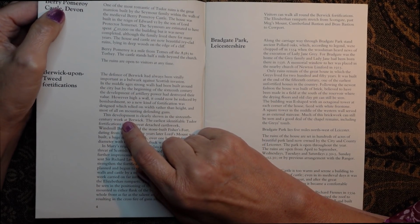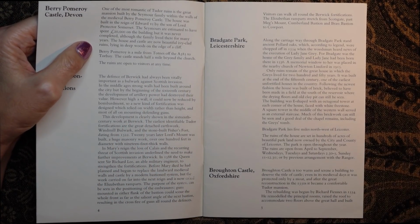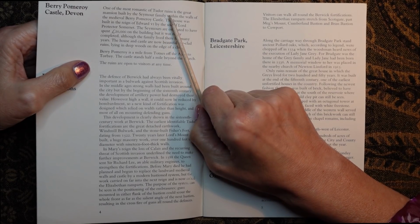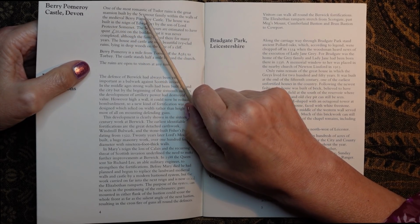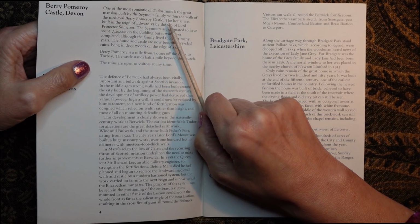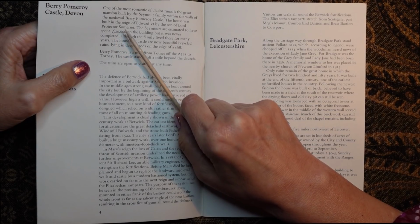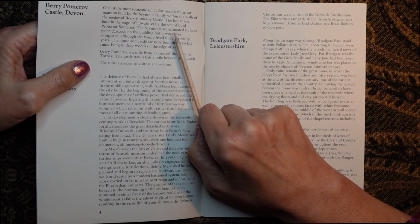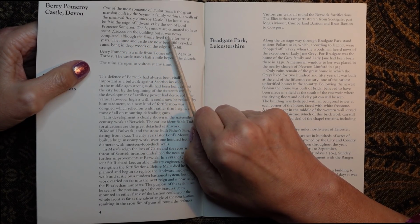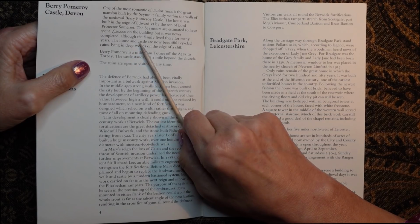So it starts with Bury Pomeroy Castle in Devon. I'm actually going to use my stick. One of the most romantic of Tudor ruins is the great mansion built by the Seymour family within the walls of the medieval Bury Pomeroy Castle. The house was built in the reign of Edward VI by the son of the Lord Protector Somerset. The Seymours are estimated to have spent £20,000 on the building, but it was never completed, although the family lived there for many years. The house and castle are now beautiful